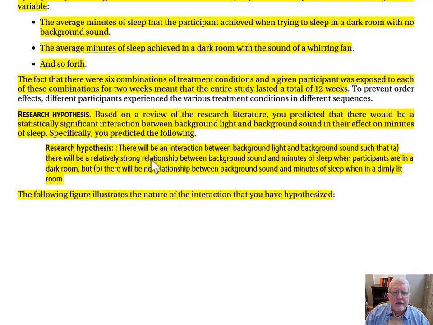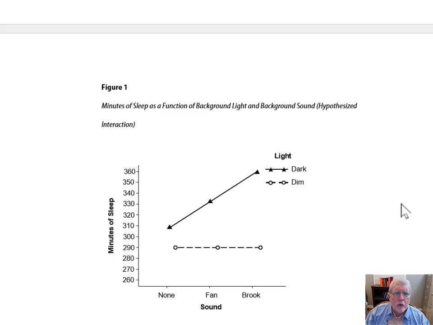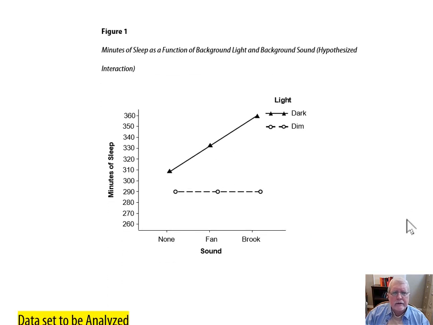Research hypothesis, there'll be an interaction between background light and background sound, such that there'll be a relatively strong relationship between background sound and minutes of sleep when participants are in a dark room, but there'll be no relationship between background sound and minutes of sleep when they're in a dimly lit room. Following figure illustrates the nature of the interaction that you hypothesized. And on page 4, at the top of page 4, here is the hypothesized result that you predict before you